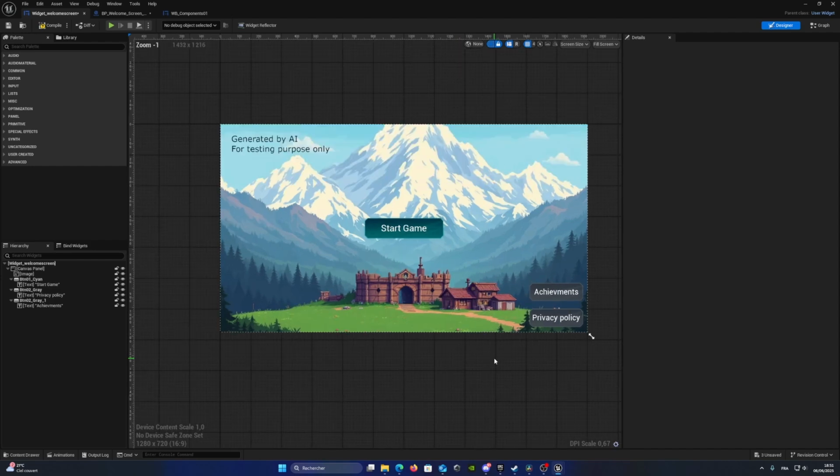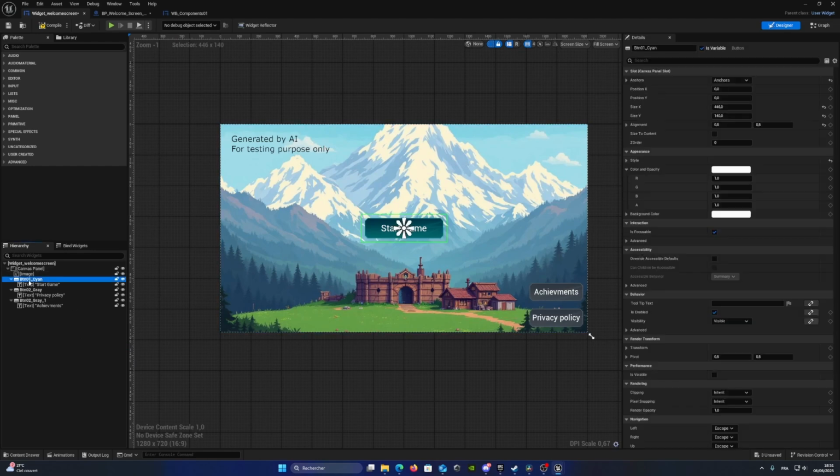Okay, so this is our main menu. It looks good, but it's not ready yet. We're gonna rename the buttons. So this one I'm gonna say btn_start_game. This one is gonna be btn_privacy_policy. And this one is gonna be btn_